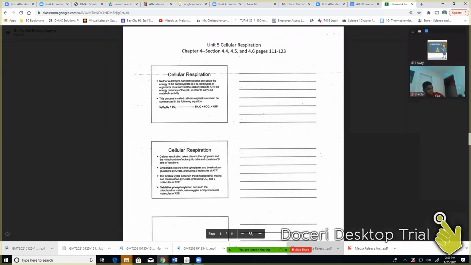All right, we're going to talk a little bit about cellular respiration. Photosynthesis only occurs in plants and some algae, but cellular respiration actually occurs in animals, but also in plants and some algae. So whenever we talk about cellular respiration, all cells, organisms need ATP to carry out